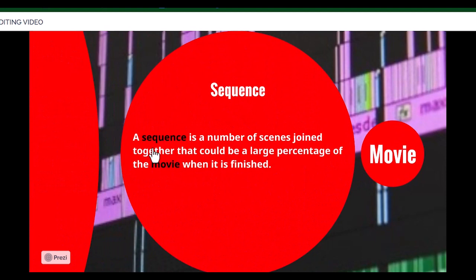A sequence is a number of scenes joined together that could be a large percentage of the movie. Do you understand that? So remember, we have our shots, we have our scene. Our sequence is made up of various scenes joined together. So basically, scene one, scene two, scene three, scene four, just like how you see in movies, you see this scene, you see the next scene, you see the next scene. And it is the video editor's job to arrange these scenes sequentially following the shooting script